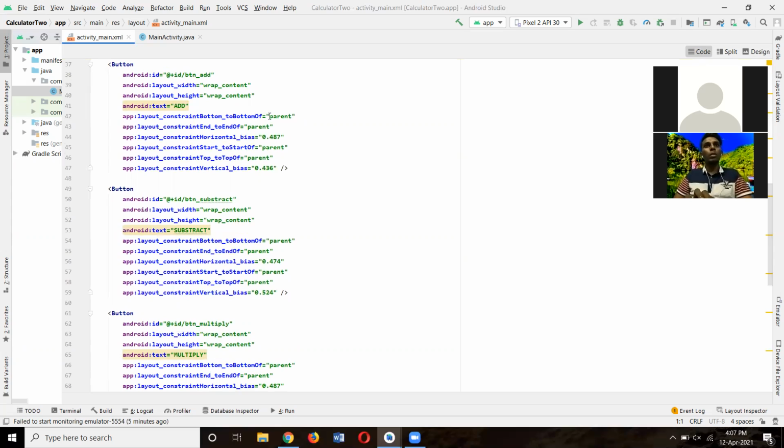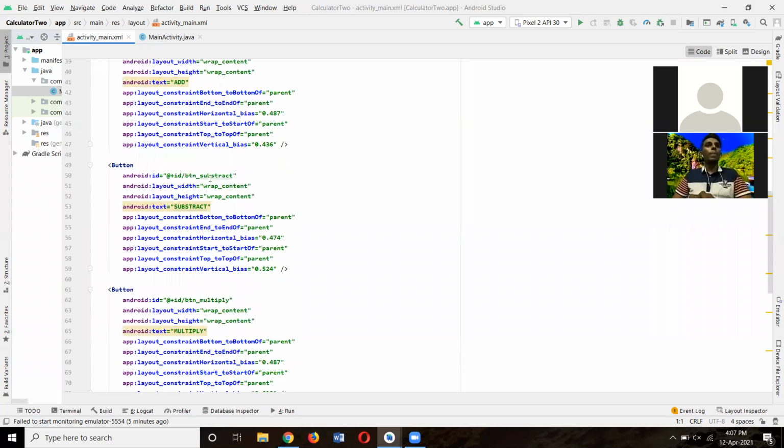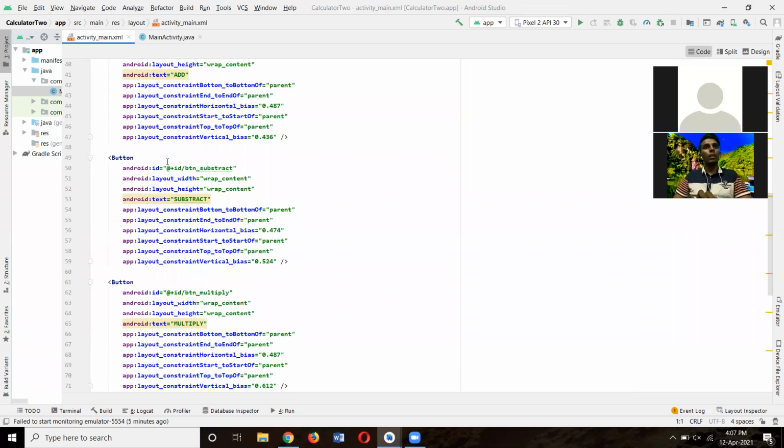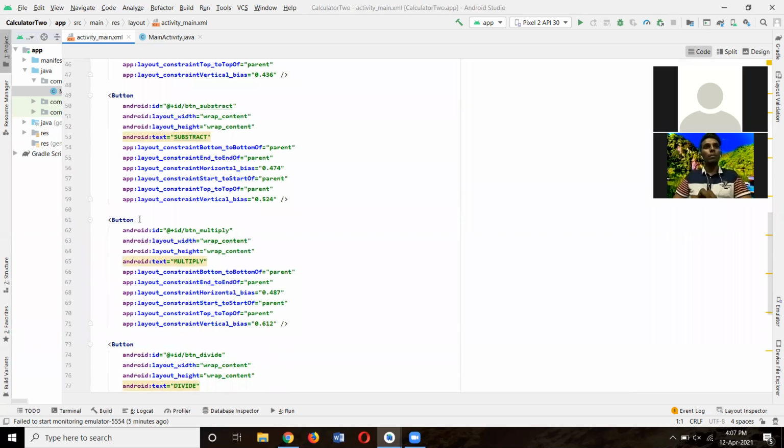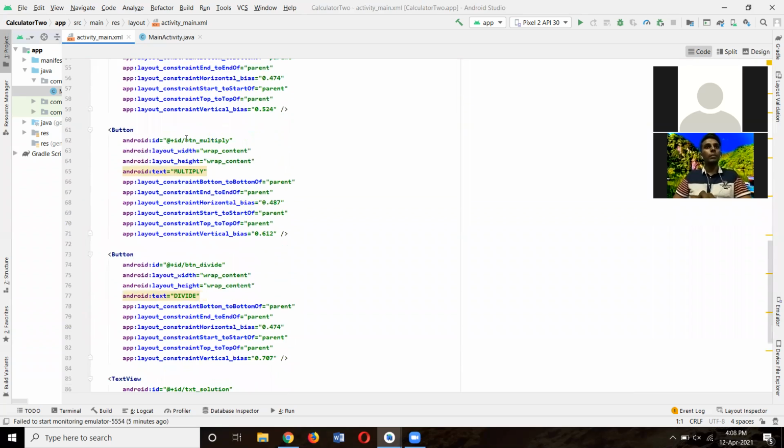Constraint bottom to bottom of parent, constraint end to end of parent, constraint horizontal bias 0.487, constraint start to start of parent, constraint top to top of parent, constraint vertical bias is 0.436. This is the coding for all four buttons, but the only difference is the text.